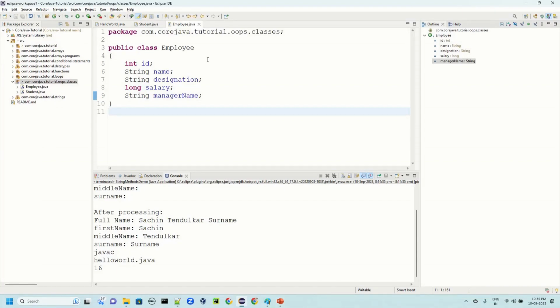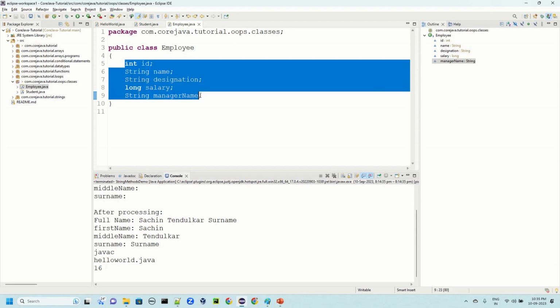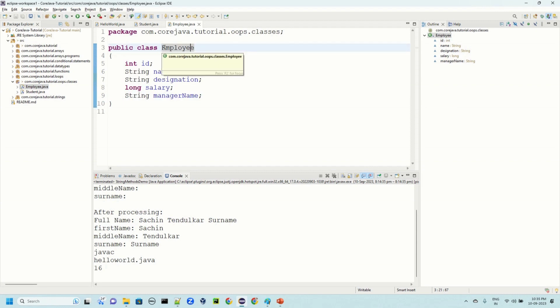Hello everyone. In the previous session, we saw how to create a class, and we defined some attributes. A class is a special type where we can store related or common attributes, like for an employee, what are all the attributes that we can keep. So in this session, we will see how we can create